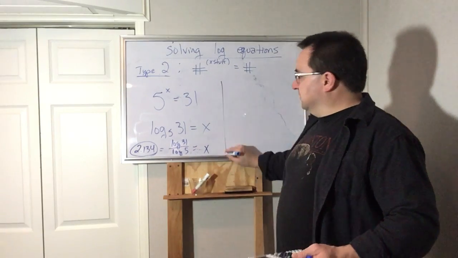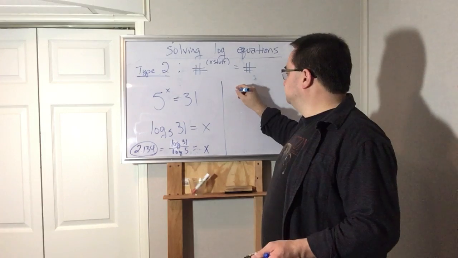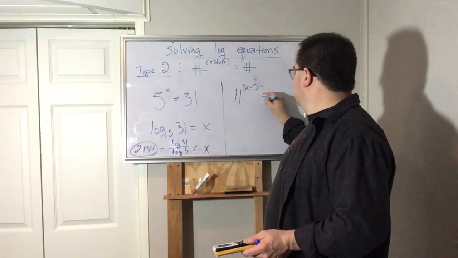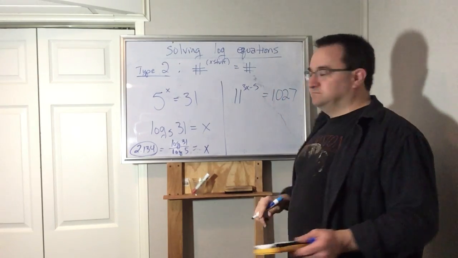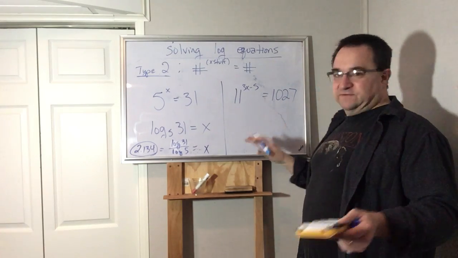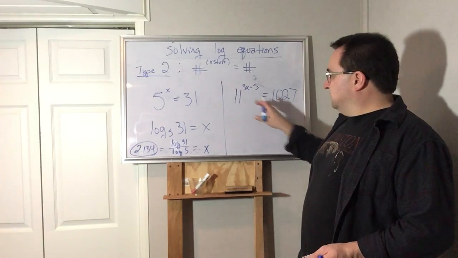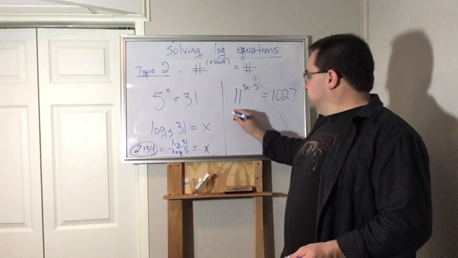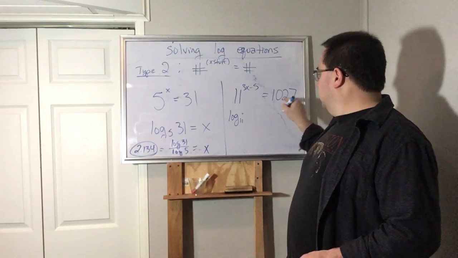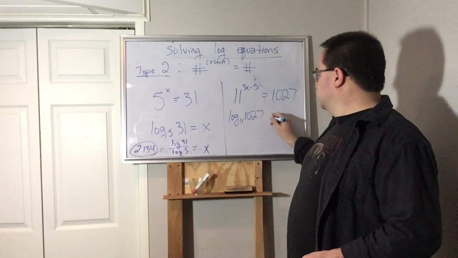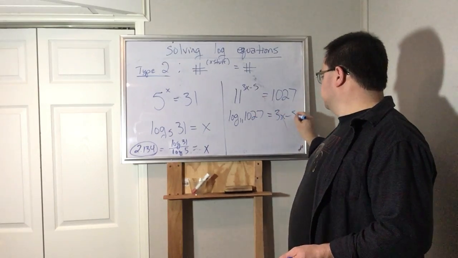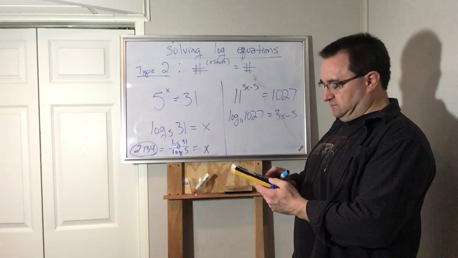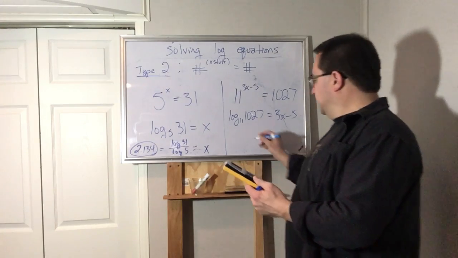All right, let's try another one where it's a little more going on. Let's say I have 11 to the 3x minus 5 equals 1027. Well, I can't rewrite this like my last type problem, like make this like 5 squared or something. So what I have to do is rewrite this as a logarithm. So this is going to be log base 11 of 1027 is equal to that power. This I punch into my calculator. Log 1027 divided by log 11, and now I'm getting 2.89